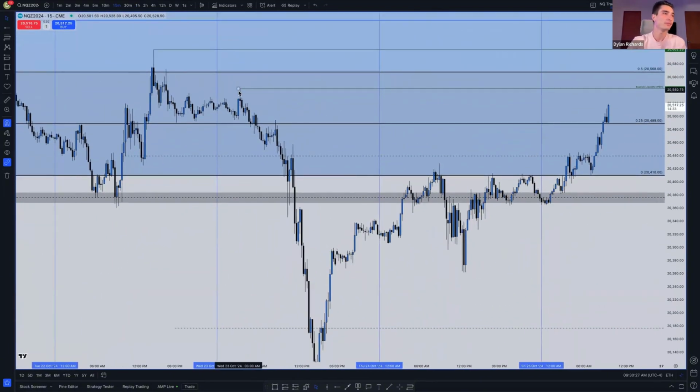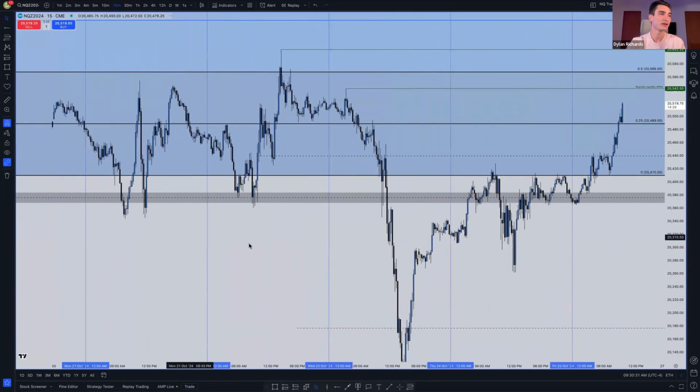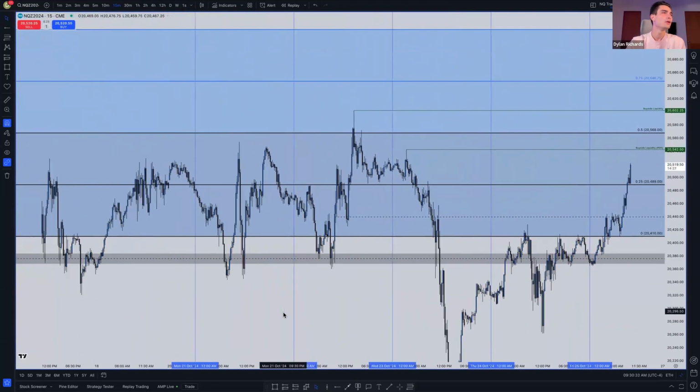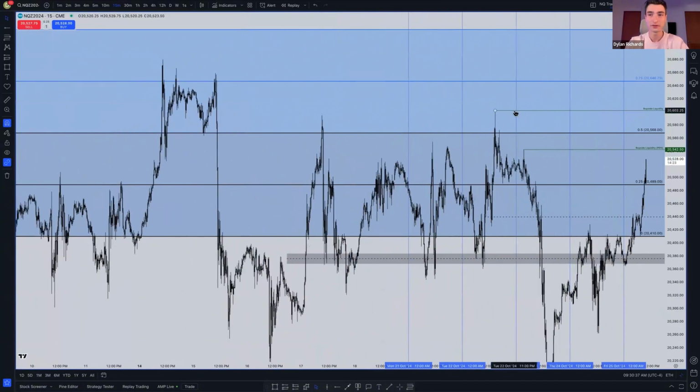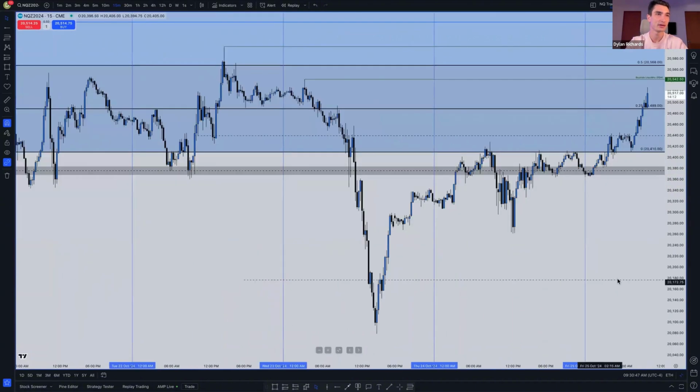All right, so 15-minute time frame. Here we can see again Wednesday's high, Tuesday's high. And then again, if we accelerate through that, that's a lot of ground for the market to cover, but we'll see. And then if we really start to accelerate to the upside, then we have all this buy side back over here. But low-hanging fruit is the targets that myself